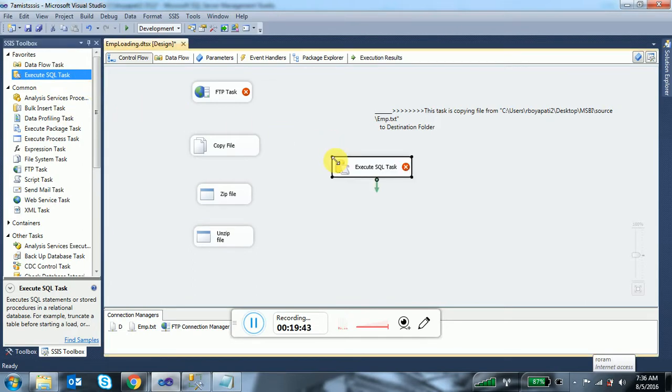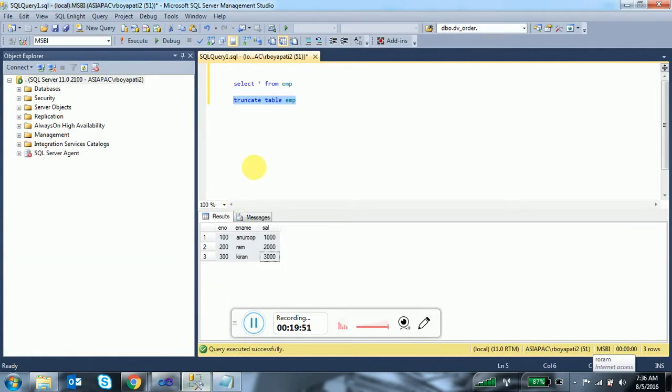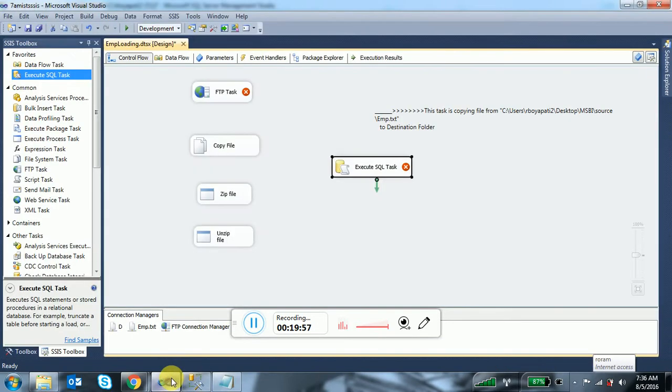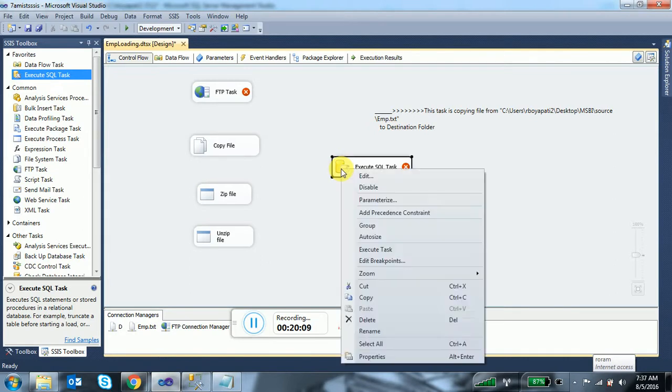Just right click and edit the execute SQL task. Double clicking the task will also work, right? So connection information. Take a new connection, in which server and in which database you are going to execute this one. So click on new connection.